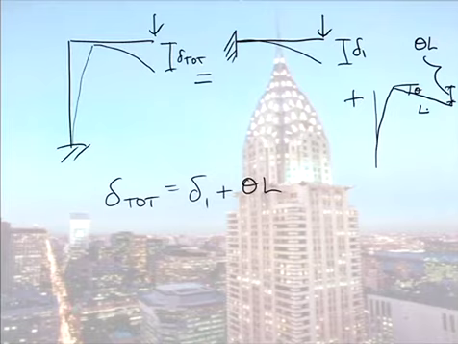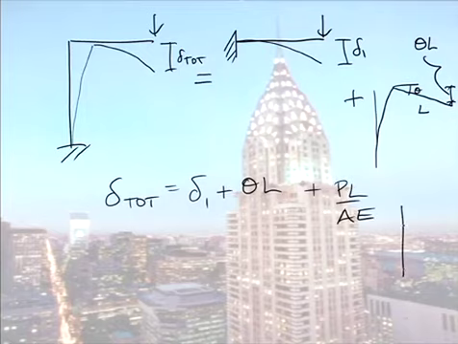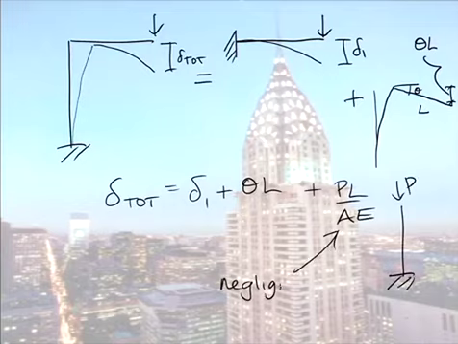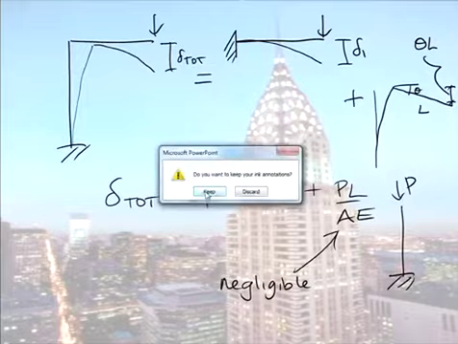Yeah? So the amount, if you wanted to be precise, you could then say it was plus PL on AE, yeah? Where that is P, but this term here is effectively negligible. The other's 53 mil. That will be very minor. Okay, moving on